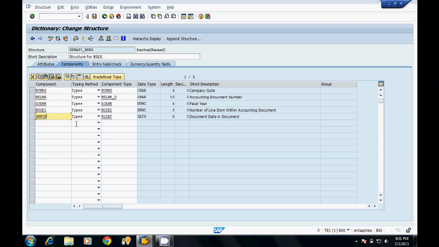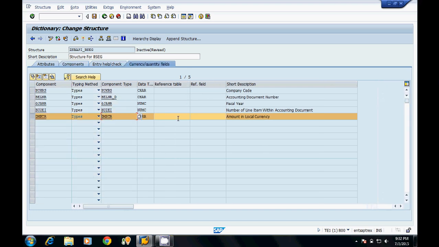Our last column which we are taking from BSEC is DMVT. Now in case of a currency field, you always have to specify the reference table and reference field. So we will copy it from the BSEC table itself.